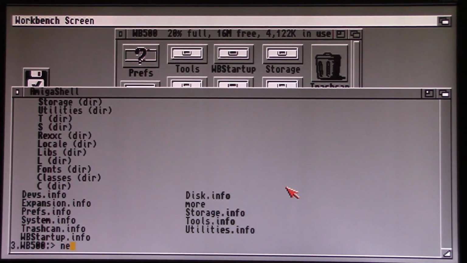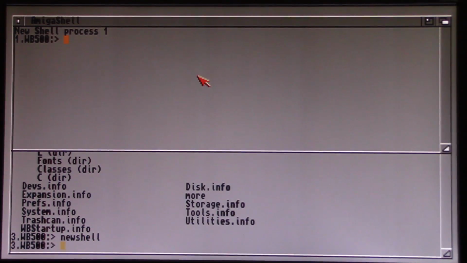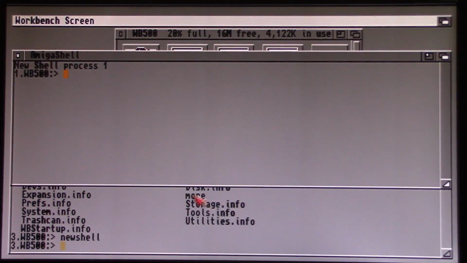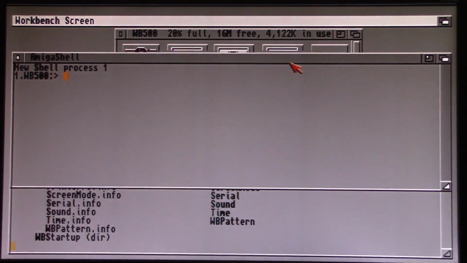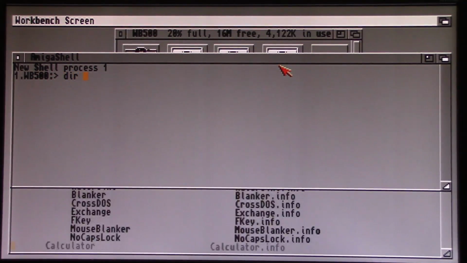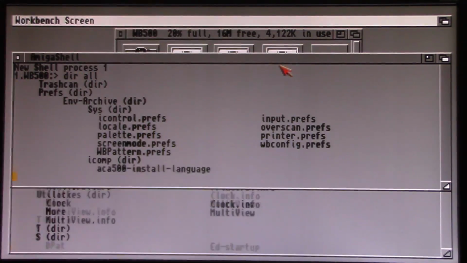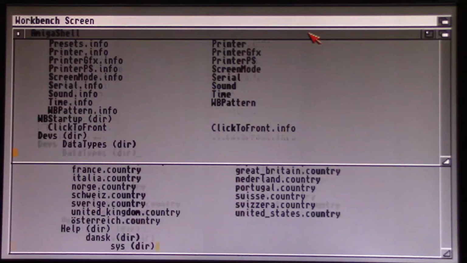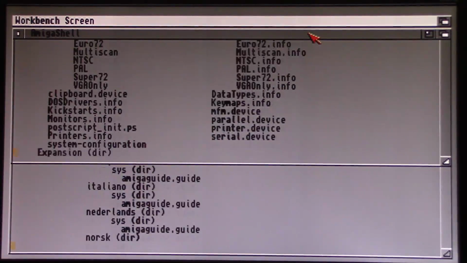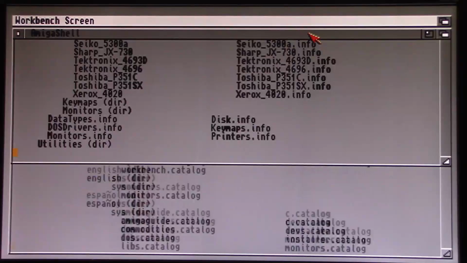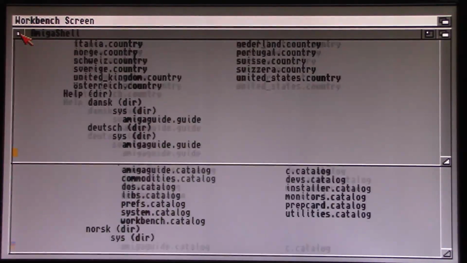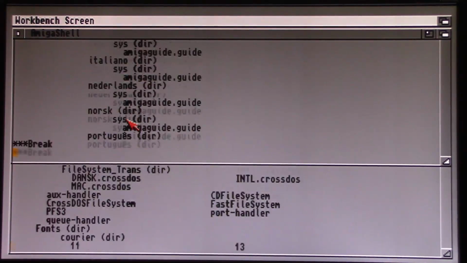New shell will launch a new shell program, just like it sounds. Both of them work at the same time. So dir all, both of them are doing their thing at exactly the same time, running and sharing the Amiga's resources to read the directories. When you're done with a particular shell, you can just break right out of it,